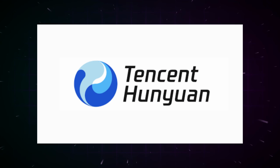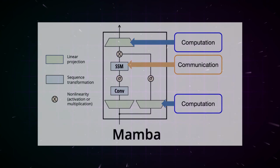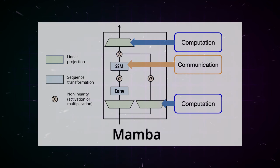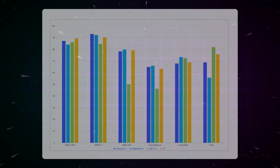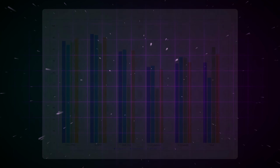Hello dear AI enthusiasts, welcome to a new video where we'll be looking at an exciting development in the AI landscape, the Hunyuan T1 model from Tencent. This new AI model is causing quite a stir in the tech world, as it's not only the first large AI model based on the Mamba architecture, but it also outperforms established models like DeepSeek R1 and even OpenAI's GPT 4.5 in some benchmarks. Let's take an objective look at this model, examine its capabilities, and determine its position in